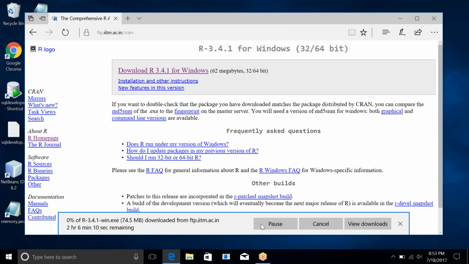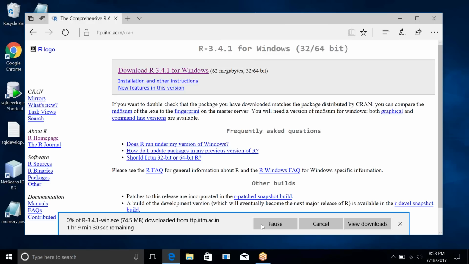I think the internet speed is very slow. Very slow, sir. Oh, okay. Because it is only 74.5 MB, it is very small software actually. It is going to take some time.